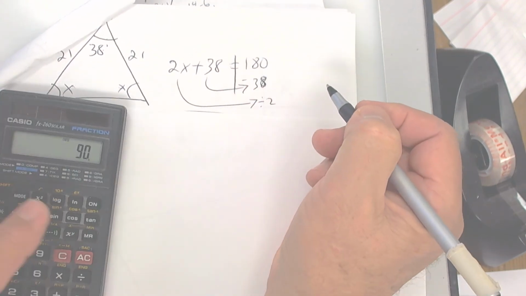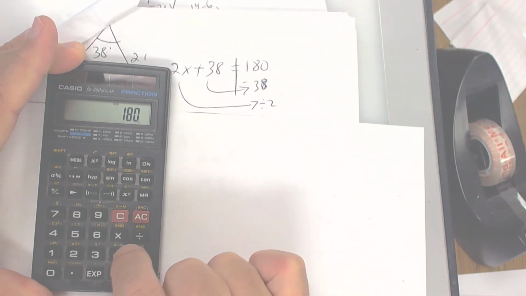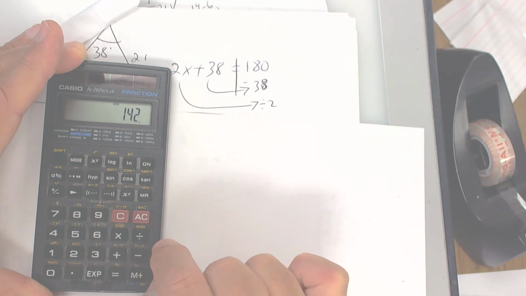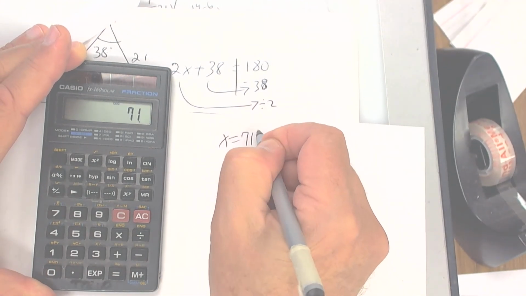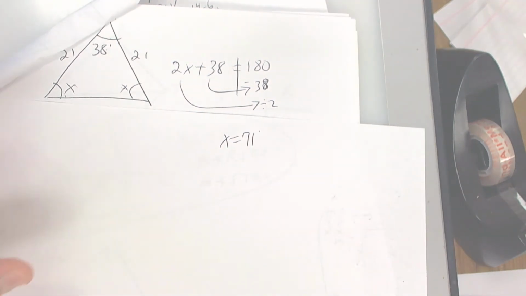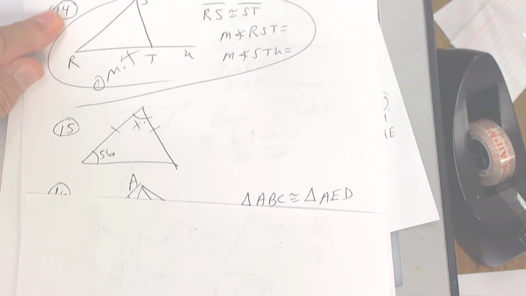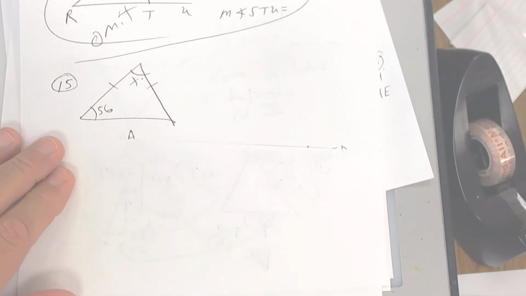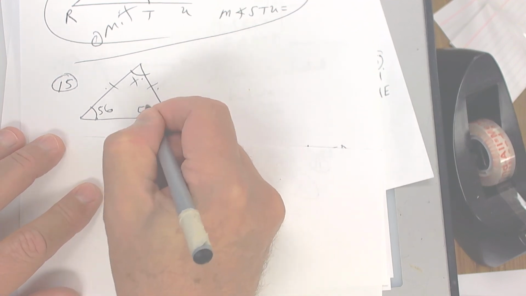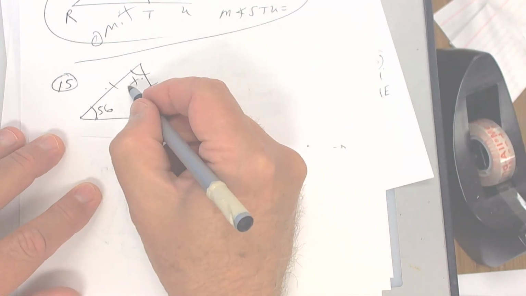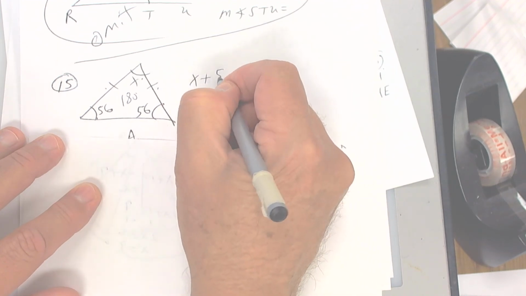Write that down. So 180 minus 38, press equals, and then divide by 2, and we get 71. Done. Don't miss the isosceles triangles. Okay, this one right here, we're going to omit number 14. Let's look at number 15. It's an isosceles triangle. This is a base, so put 56 here. It's the same problem. So you're going to add all this up and set it equal to 180. So it's going to be x plus 56